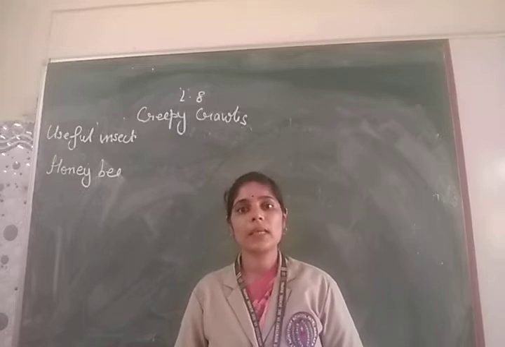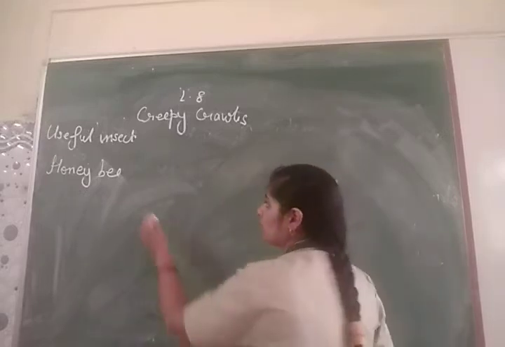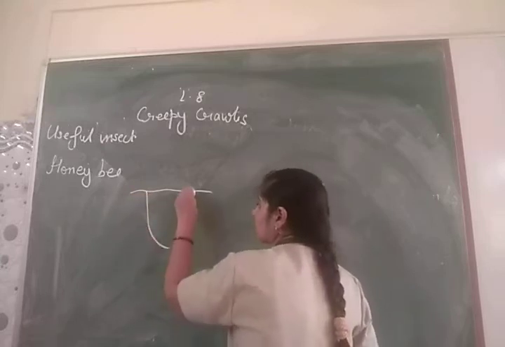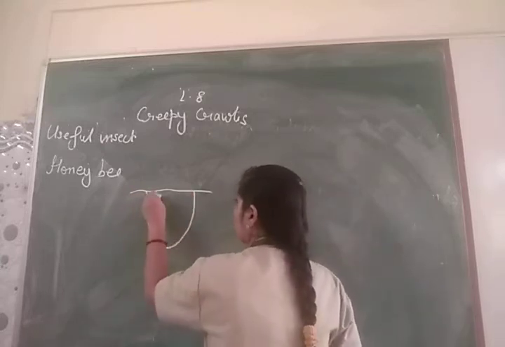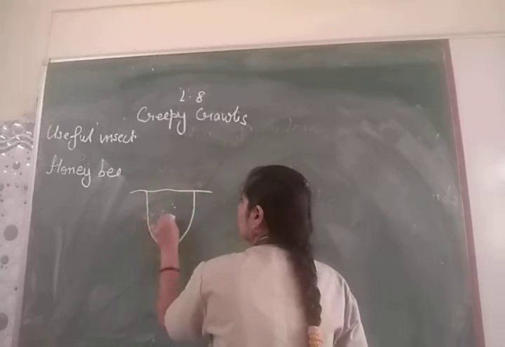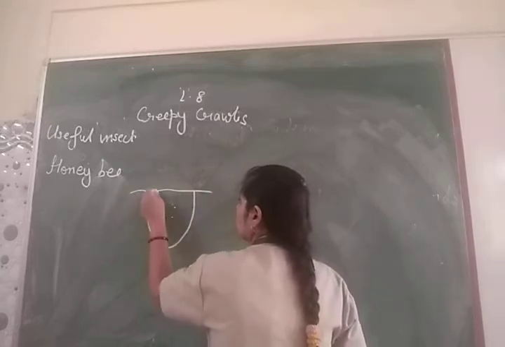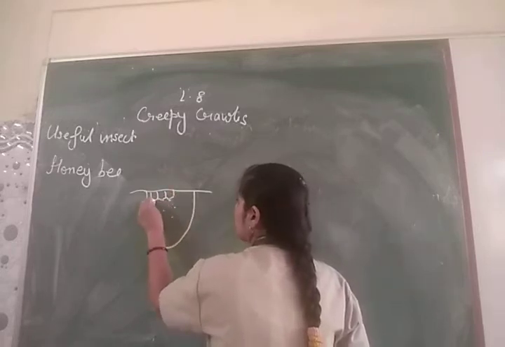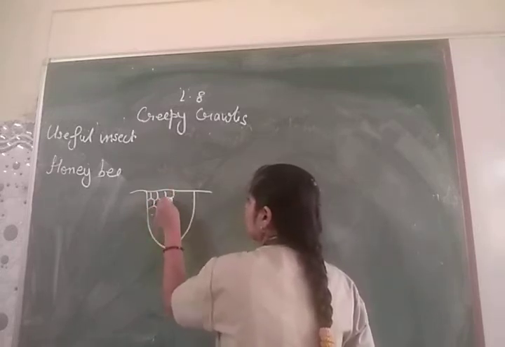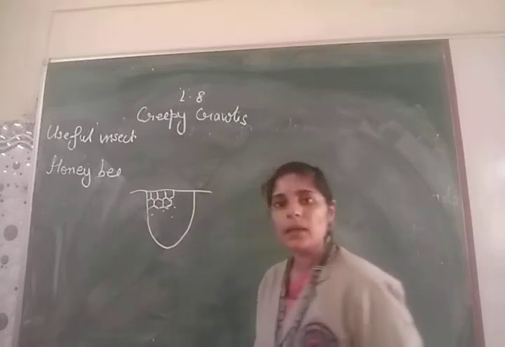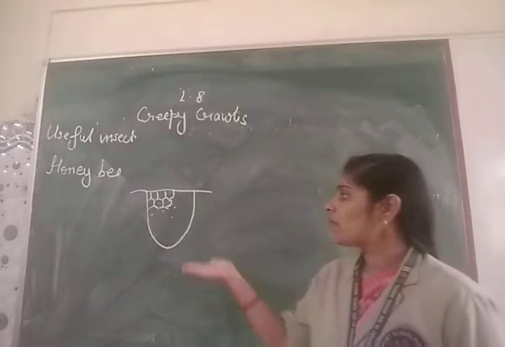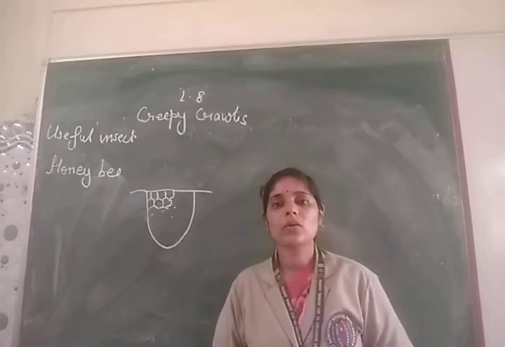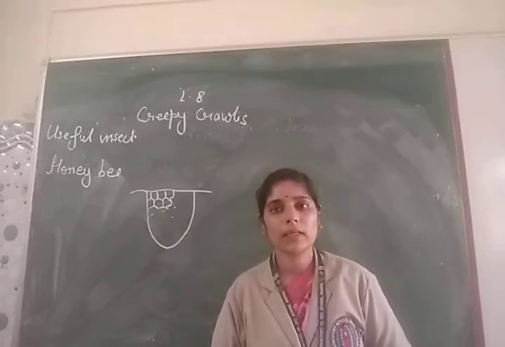You might have seen a beehive. When you see the branches, you see something like this. A number of honeybees live there. They live in cells like this. Many compartments are made like this in which the honeybees live. These honeybee hives are formed at a height. So how does the honeybee make this honey?